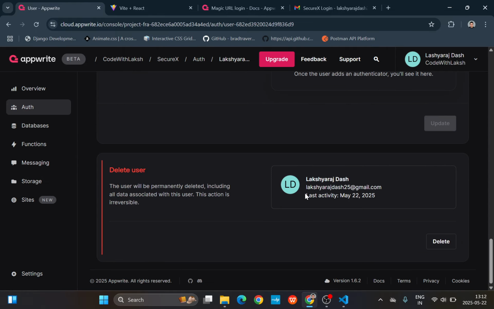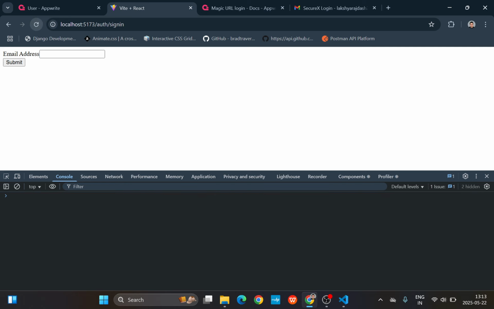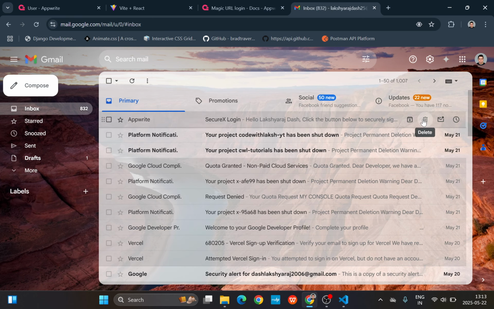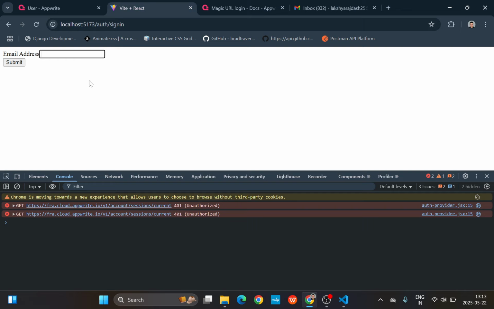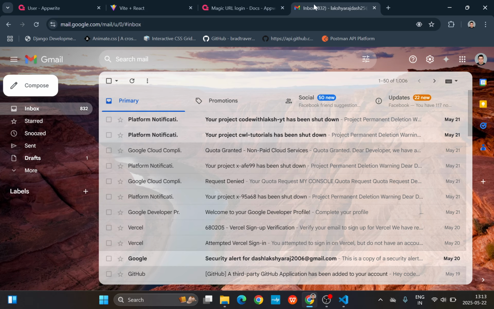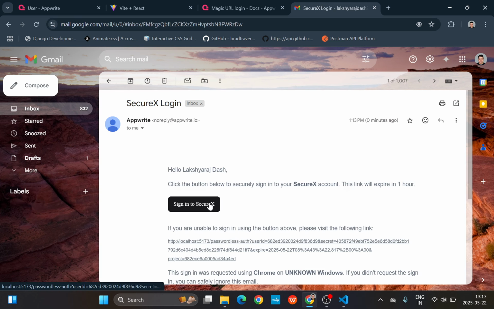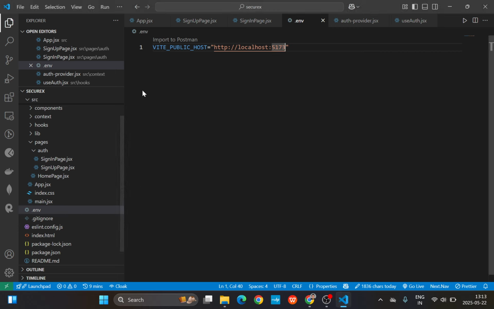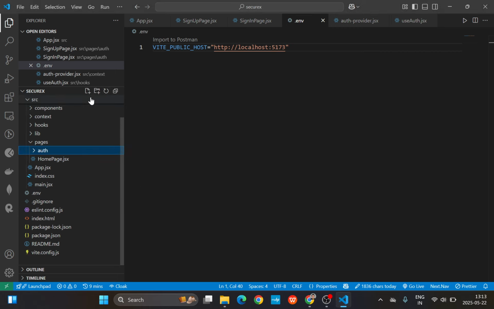Okay, so let us see. No, we are not getting anything. So what I will do is, let me just delete this email. And here I'll type my email key. Okay, now let us refresh. If I click on this, it will take me to this page, but I have to create this passwordless page. So to create this passwordless page, it's at the